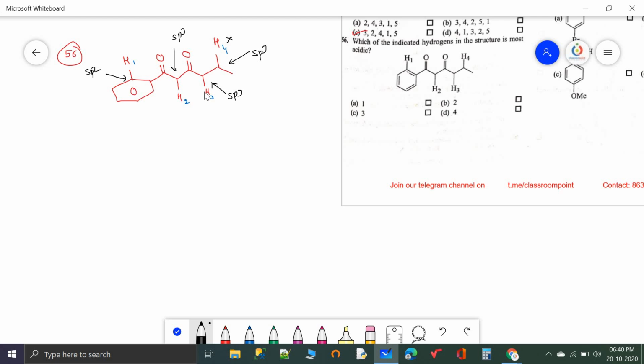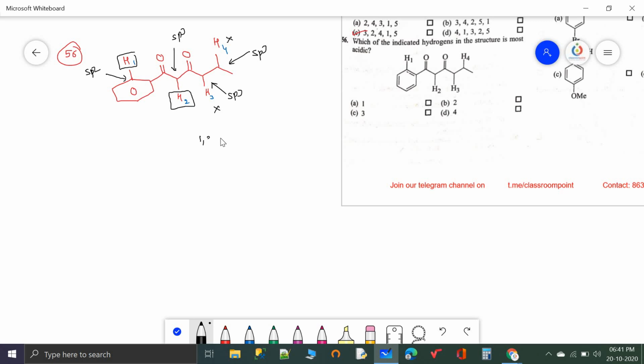Now compare these two hydrogens. This carbon is connected to only one electron withdrawing group, and this carbon is connected to two electron withdrawing groups. So this one is also out of the competition now. Now between these two, the sp2 carbon and this carbon: if this hydrogen is lost by this carbon, it gets the negative charge, and that makes it unstable because it will lose the aromatic nature. It becomes anti-aromatic. And in this case, this is the hydrogen connected to the carbon which in turn is connected to two electron withdrawing groups, which makes it more acidic.